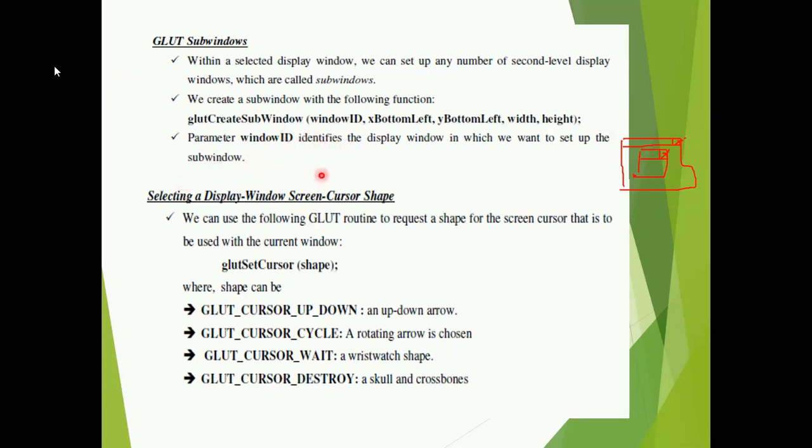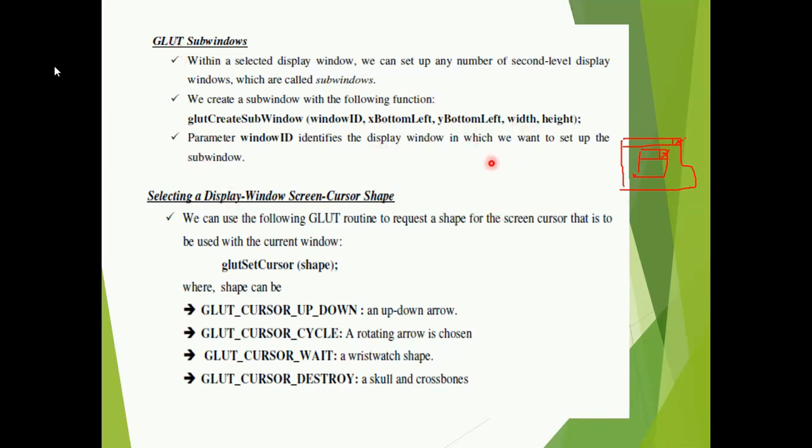And next we have selecting a display window screen cursor shape. To identify an icon, or if you want to show a particular object on the screen, you are using cursors.